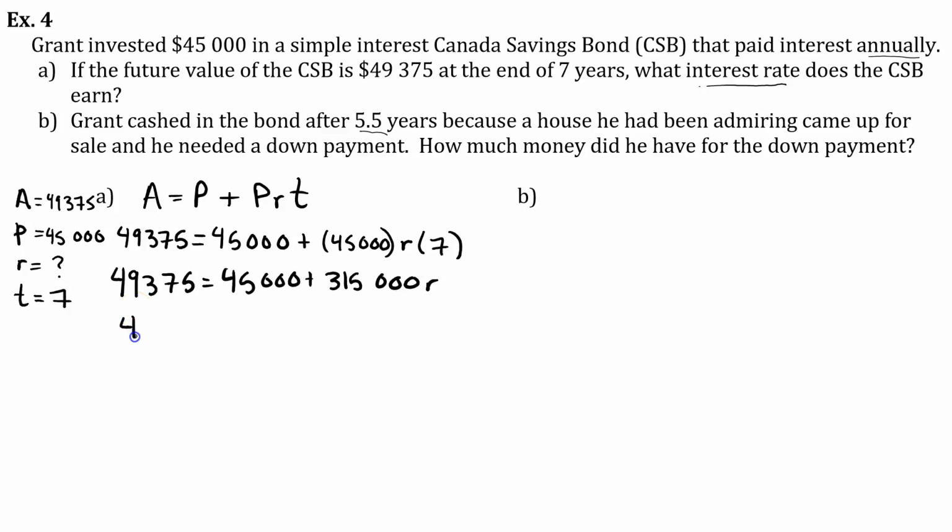In that case, we get 4,375 equals 315,000 R. To get R by itself, since R is multiplied by 315,000, we're going to undo it by dividing both sides by that. So we're ending up with an R value that equals